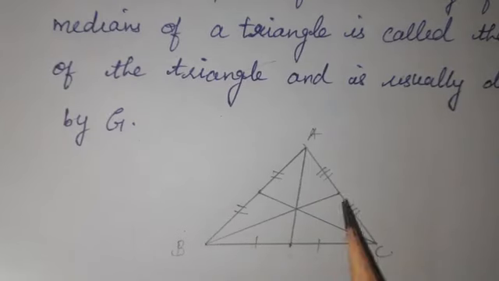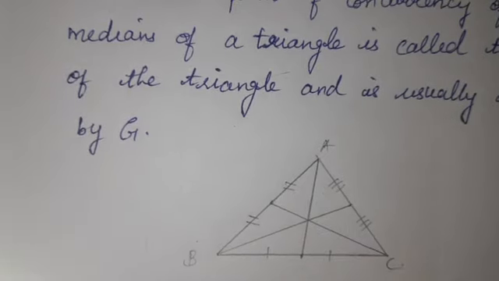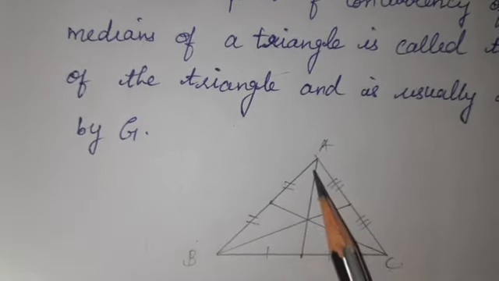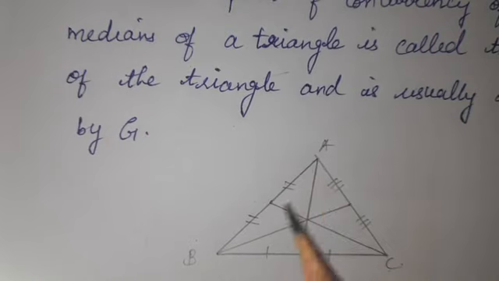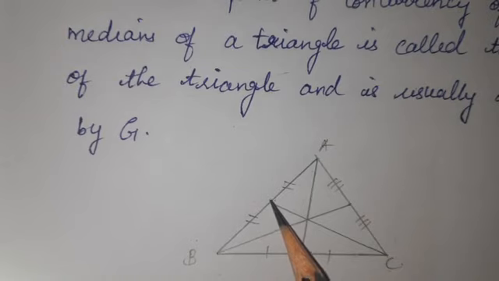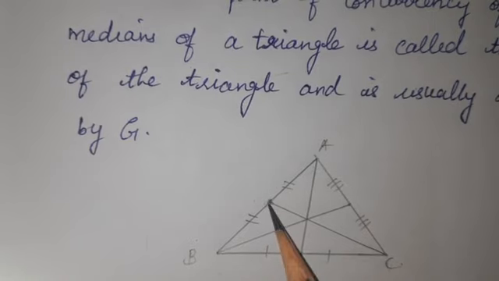Here I have drawn the triangle. I will explain what the centroid is by using the diagram. I drew the triangle and named it ABC. When I take the line segment AB, in that line segment we should find the midpoint. So this is the midpoint. A line from the midpoint to the opposite vertex is a median. Opposite to that midpoint, the vertex is C. You should join it.